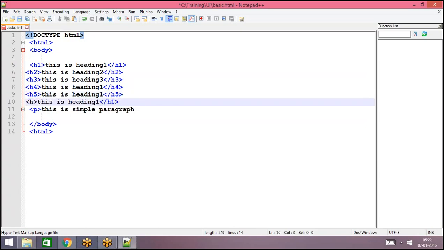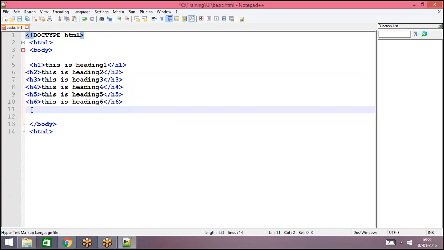And then H6. And now let us see how these headings are displayed on the web page. I'm going to delete this paragraph as of now. Now let us see how these headings will be displayed on the web page.